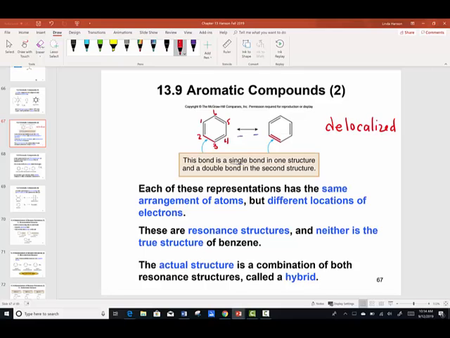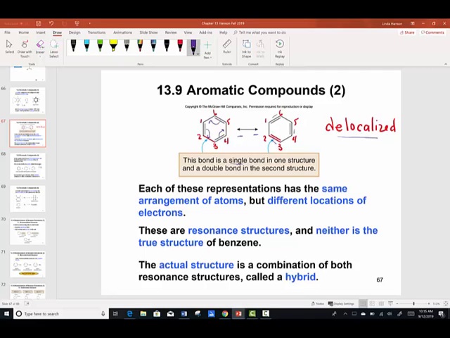Between carbon 1 and carbon 2 is a double bond. And I'm just emphasizing that we're not just simply rotating the molecule in space, but I'm leaving the carbons in the exact same area, and I notice that the double bonds have actually moved. Instead of the original carbon 1 and 2, in the next slide over, we're looking at between carbon 2 to 3, and now carbon 4 to 5, and carbon 6 back to 1. I realize that we should always start numbering at the double bond, but we're emphasizing with a structure that has